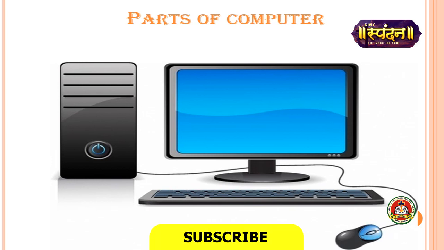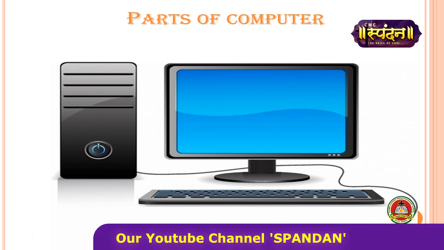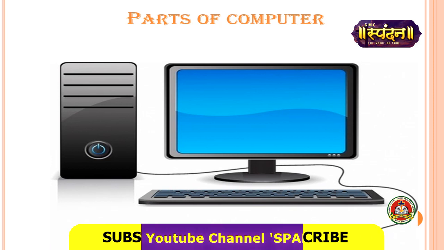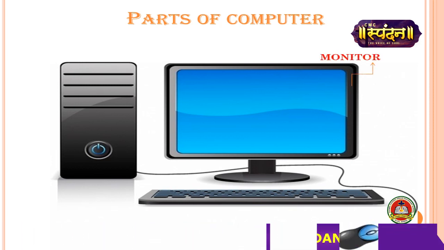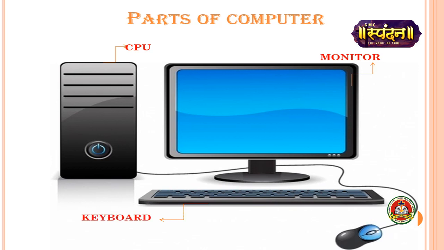So now again we'll revise. You have to tell me what are the parts of a computer. So the first part is the screen where you are seeing, that is known as monitor. The processing machine is CPU, and the small buttons where the small buttons are present, that is known as keyboard, and the mouse looks like a real mouse. So till here we have completed all the 4 parts of a computer.